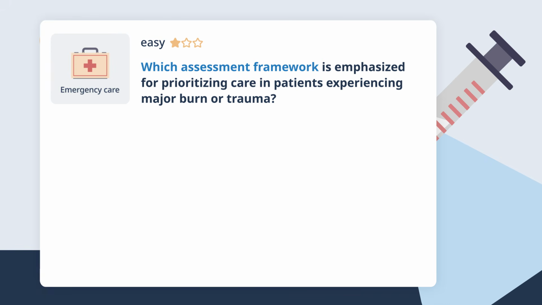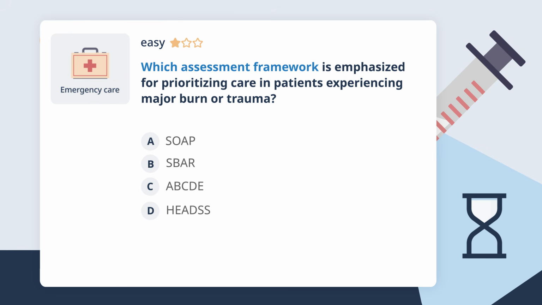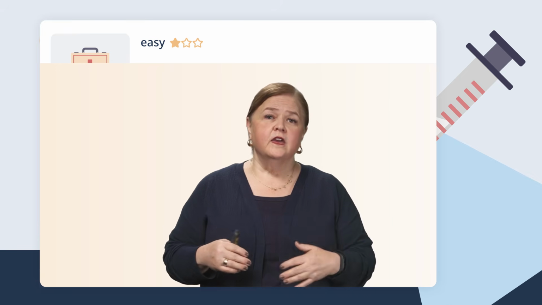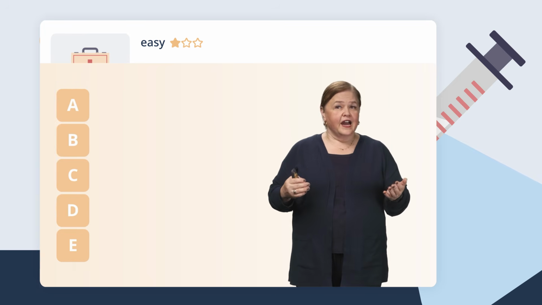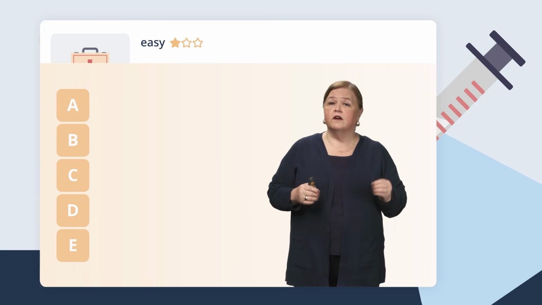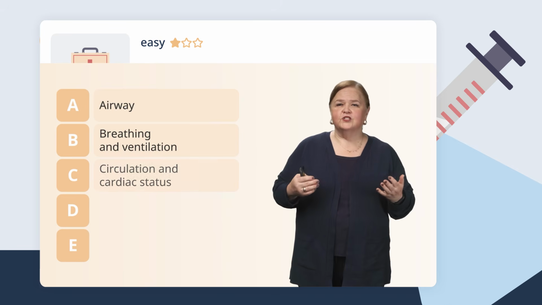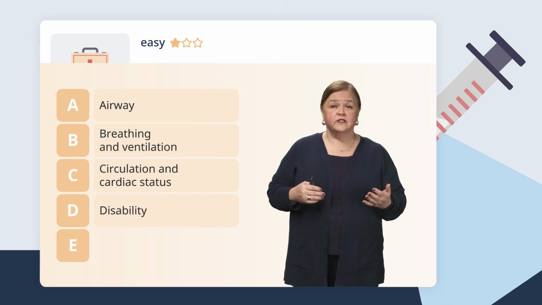Which assessment framework is emphasized for prioritizing care in patients experiencing major burn or trauma? All healthcare disciplines are taught a similar acronym to help them prioritize care, particularly for patients who've experienced a major burn or trauma. The ABCDE acronym helps every member of the team stay focused on the patient data that's most important. A is for airway, B is for breathing, C is for circulation and cardiac status, D is for disability, and